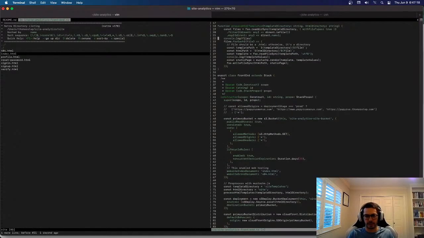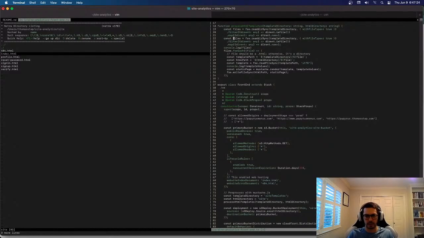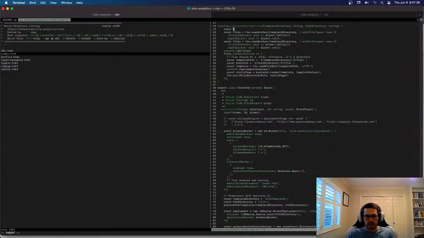I'm going to make sure it's done, I guess. So I have files, and then I also want directories. I wonder if there's a way that, oh, yeah. So I'm just going to do const directory entries is equal to this,